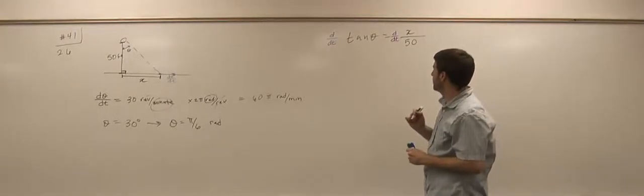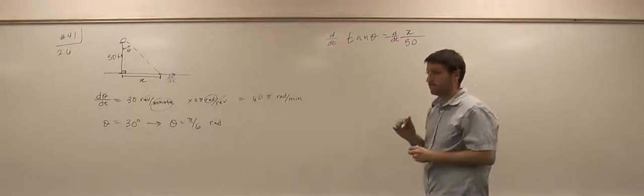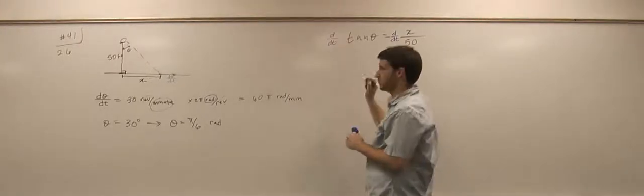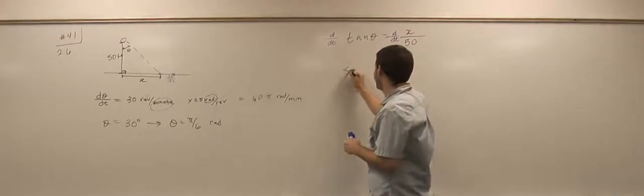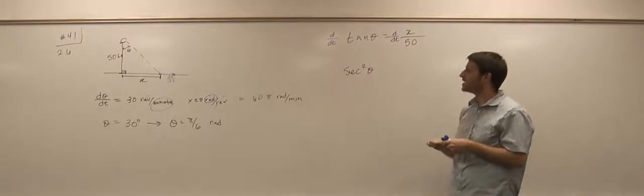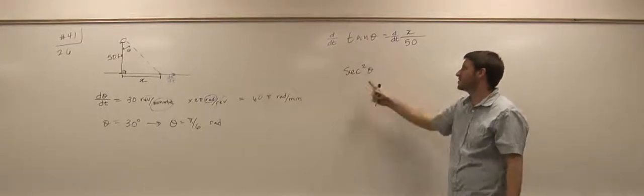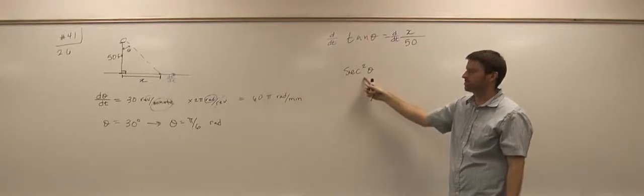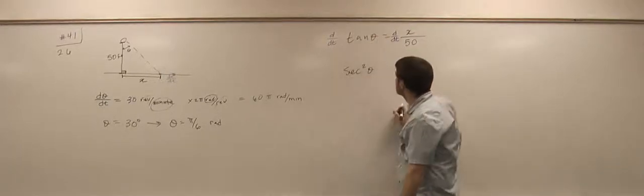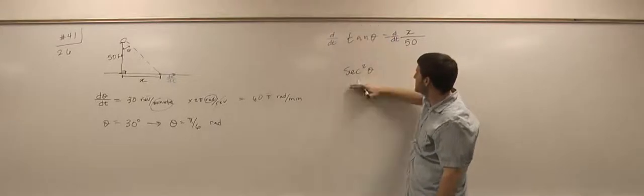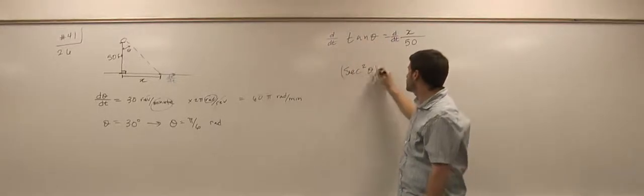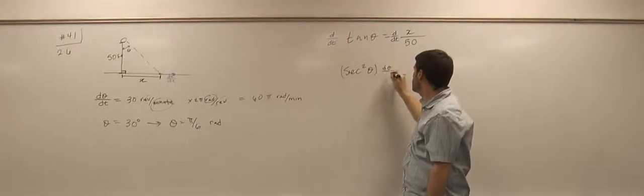What's the derivative of tangent? Secant squared, or secant tangent? Secant squared. The derivative of secant is secant tangent, and the derivative of tangent is secant squared. Okay, is this right? Yeah. What else do I need? The derivative of tangent of θ is secant squared θ, but then you have to multiply by the derivative of θ, so times dθ/dt